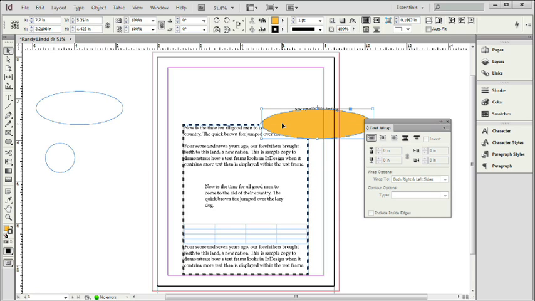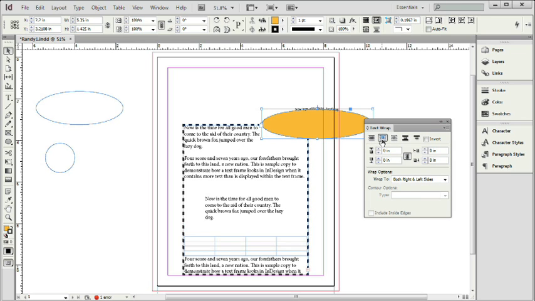With that oval still selected, let's go to the Text Wrap panel. The default setting, the button with a bunch of lines running through a box, is the No Text Wrap button. Click on the button next to that, the Wrap Around Bounding Box button. When you do that, you'll see that it pushes that type off outside of the bounding box around our